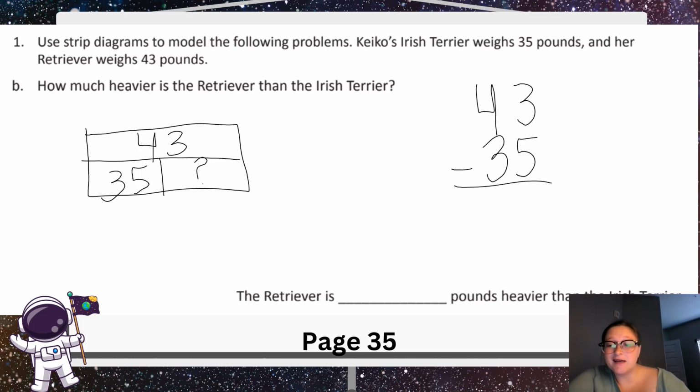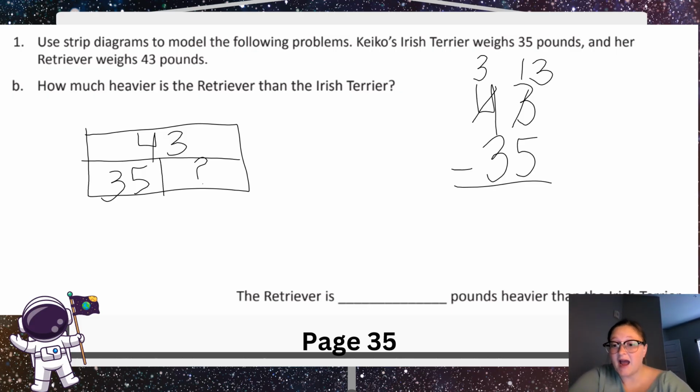Remember, same with addition, when we're subtracting, we always start subtracting in our ones place. So let's look at our ones place. Can we do 3 minus 5? No, right? So we need to unbundle from our tens place. That means we're going to take 1 ten and break it into 10 ones. That would leave us with 3 tens, and then we would have 13 ones. So let's do